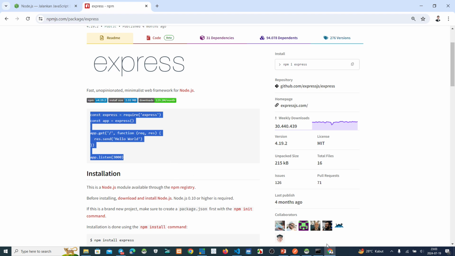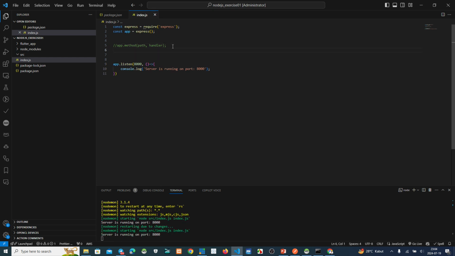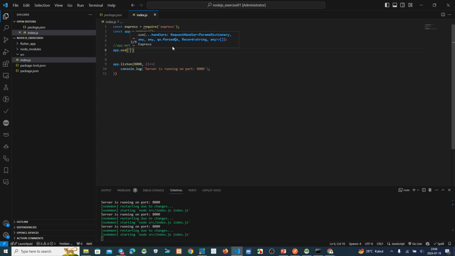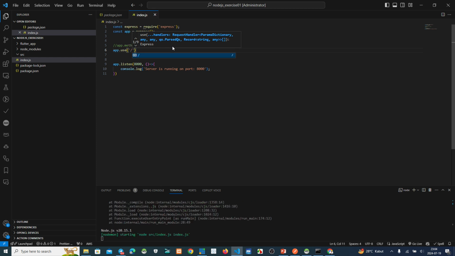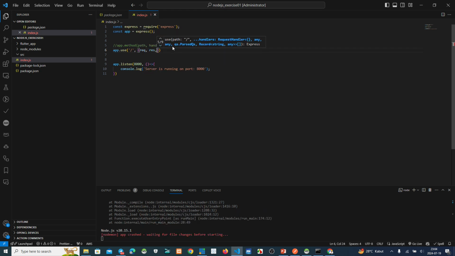Okay, now if someone accesses our server, the server will make a response to the user. app.get, for example, use the method get, slash, request, response and next.